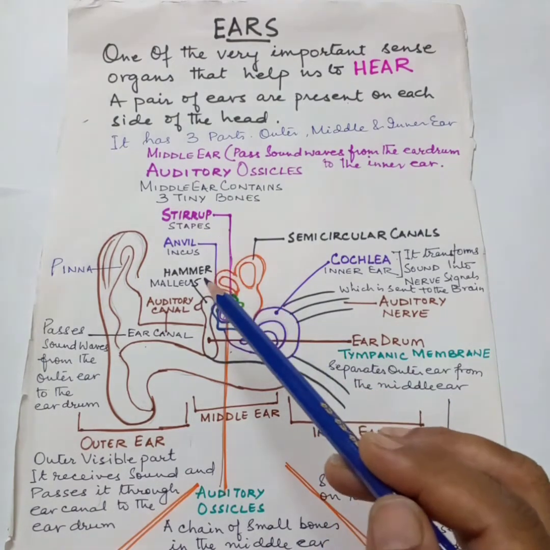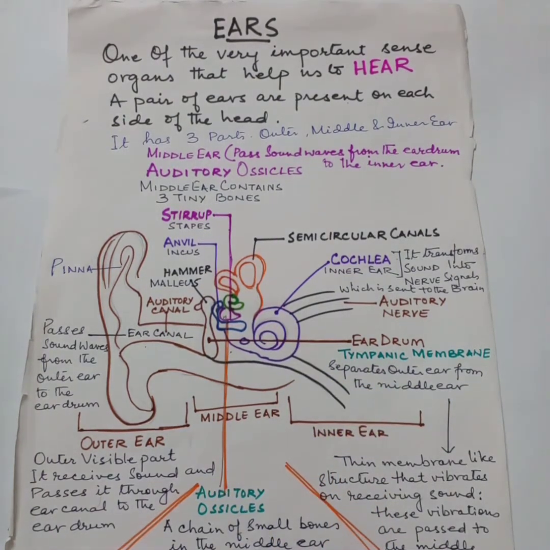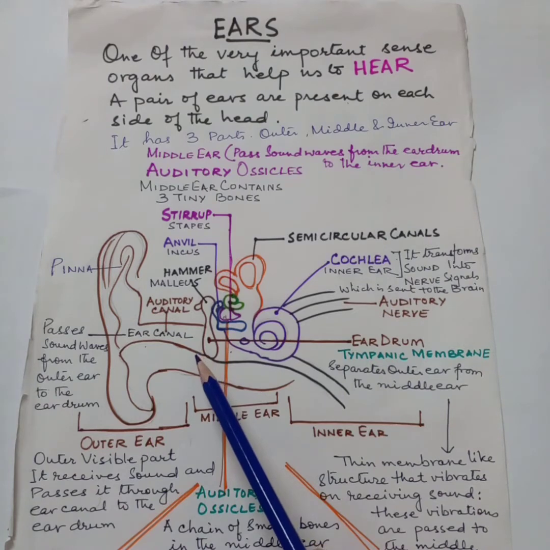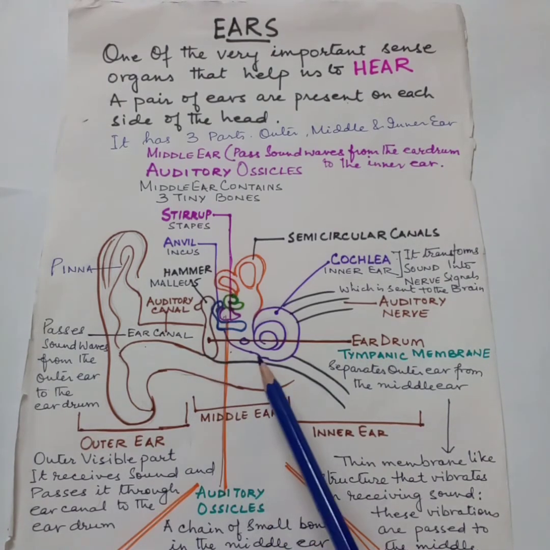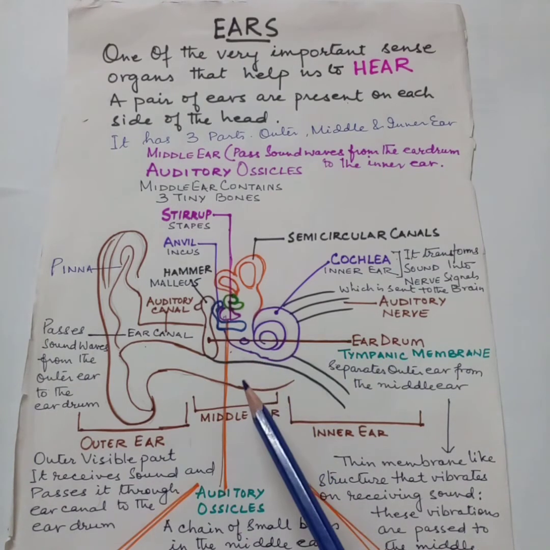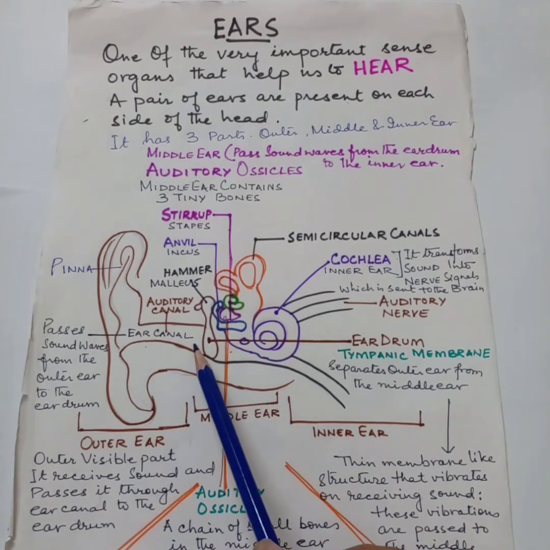The middle ear lies within the temporal bone and extends from the tympanic membrane, that is the eardrum, to the lateral wall of the inner ear. The main function is to transmit vibrations from the tympanic membrane